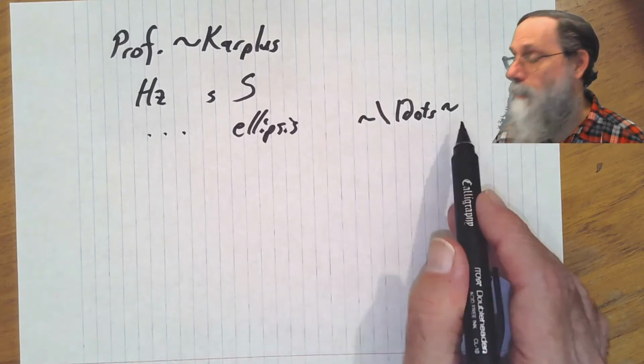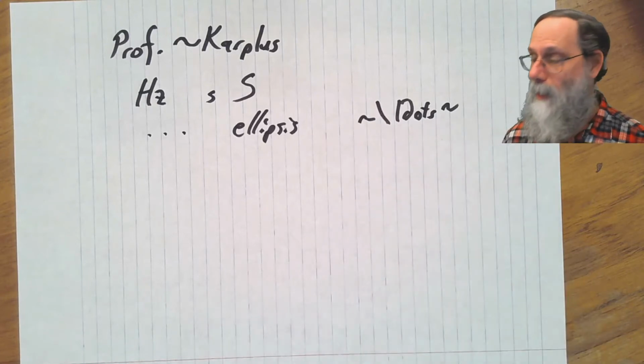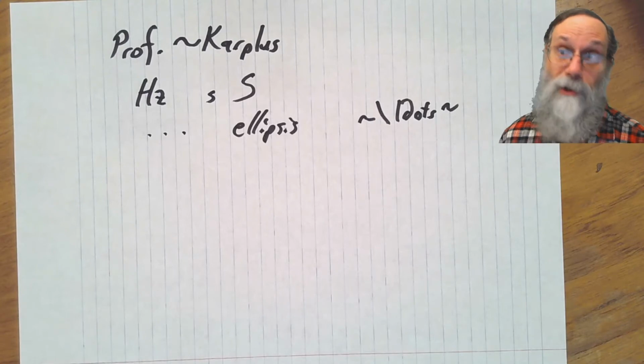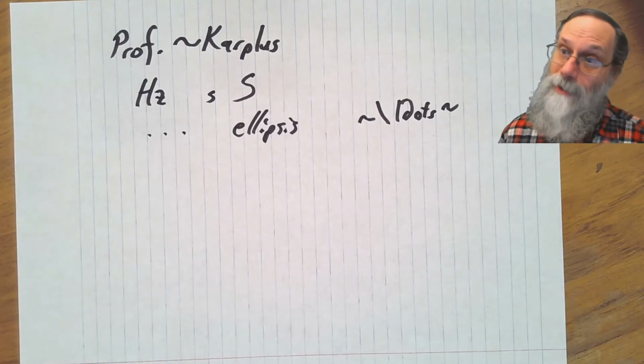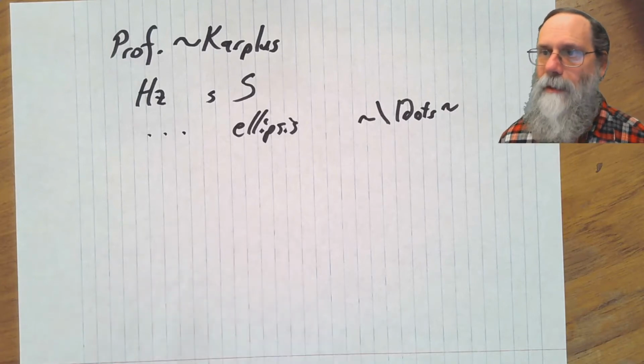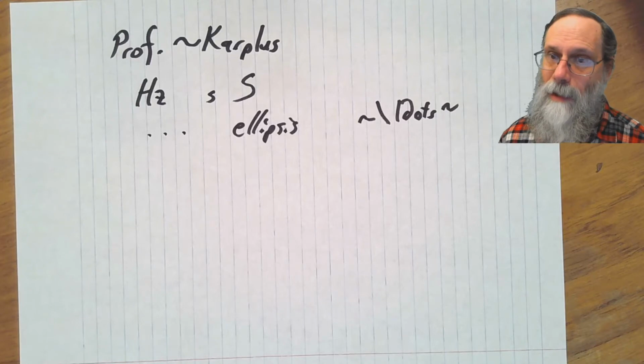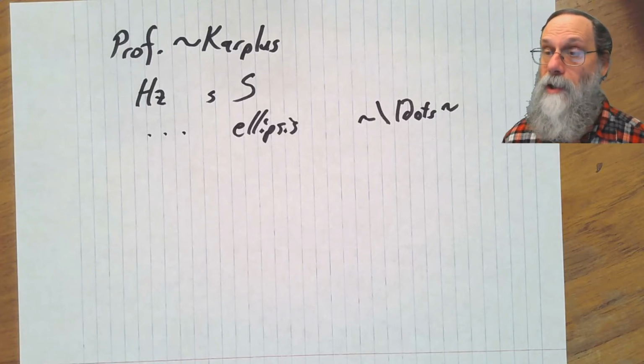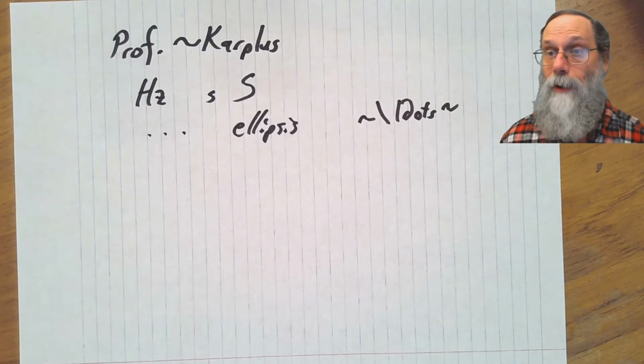And I put an unbreakable space before and after that, because it often comes at the end of a sentence and there's a period after it, and I want a space between the ellipsis and the period. In other writing systems besides LaTeX, there are other ways of getting the ellipsis. It is a standard character in Unicode, so you get it usually through the Unicode character for ellipsis.